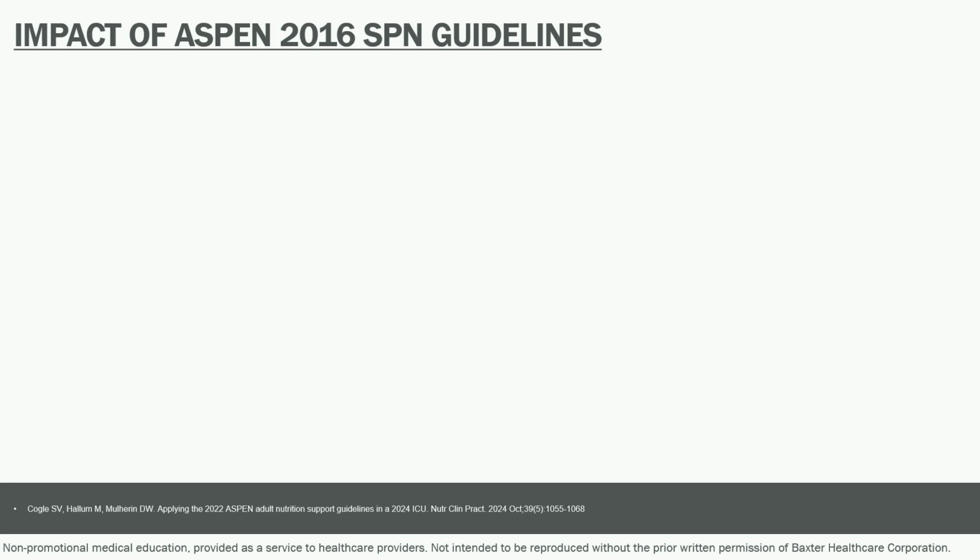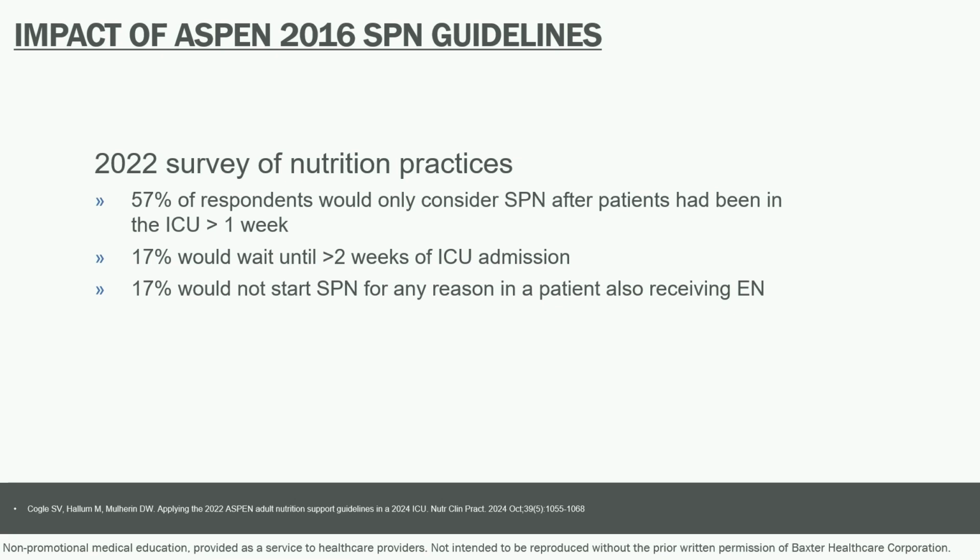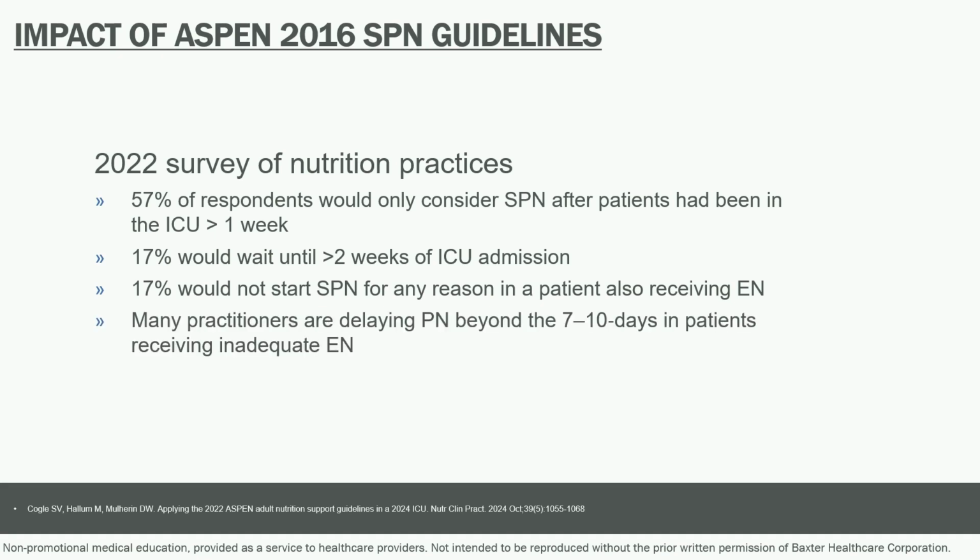A survey of dietitians and physicians in 2022 revealed about 60% of respondents would only consider supplemental PN after ICU week 1, 17% would actually wait over 2 weeks, and another 17% wouldn't start it at all for any reason in a patient also receiving EN. This reflects the real day-to-day practice of these patients. And what we're seeing is providers are delaying PN well beyond the 7 to 10 day period in patients also